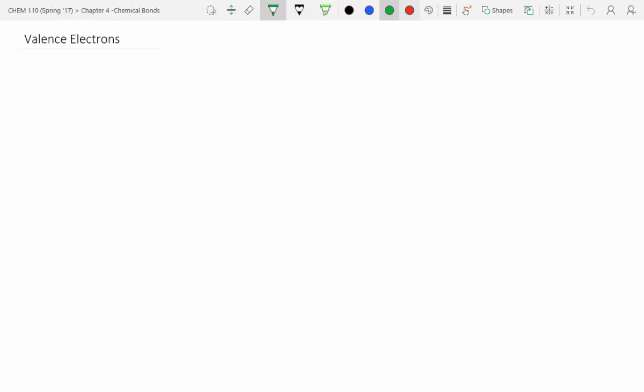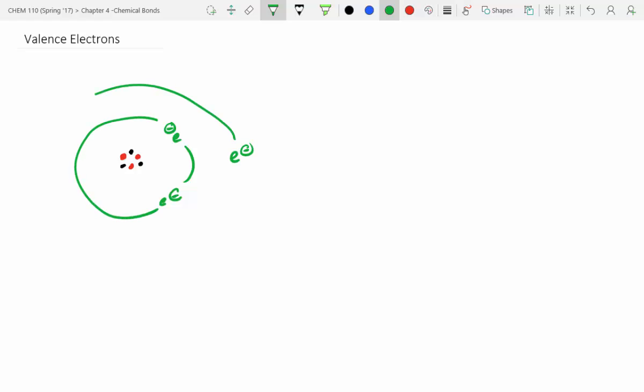We know lithium, by its very nature, has 3 protons, so I'll go ahead and draw 3 protons. It usually has 3 neutrons, at least for its most abundant isotope, so I'll put 3 neutrons in the center. And lithium normally has a positive 1 charge. So we've got these inner shell electrons out here, and we've got these outer shell electrons out here. So this would be an example of lithium,